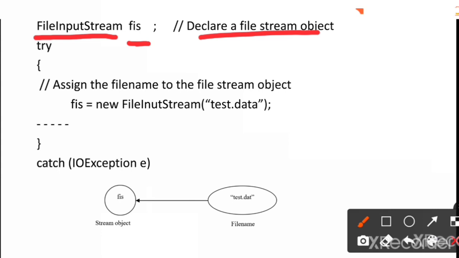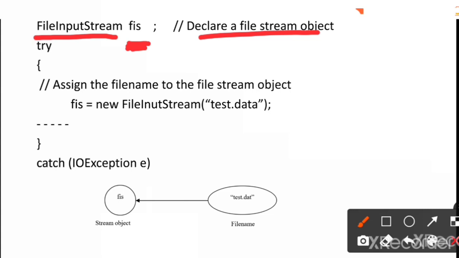Once the object is created, you can link that object to the file from which the input operation, that is the read operation, has to be performed. Here just remember, input means read operation, output means write operation. So this FIS object, that is the input stream object, has to be linked to the file from where the read operation has to be carried out.